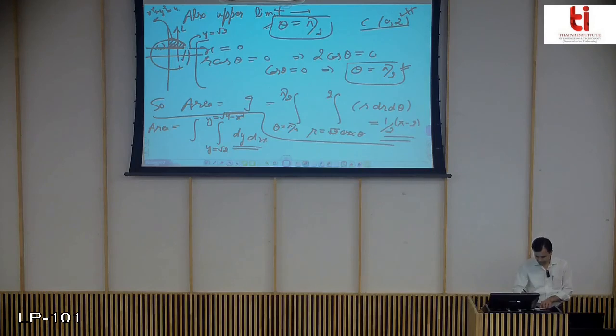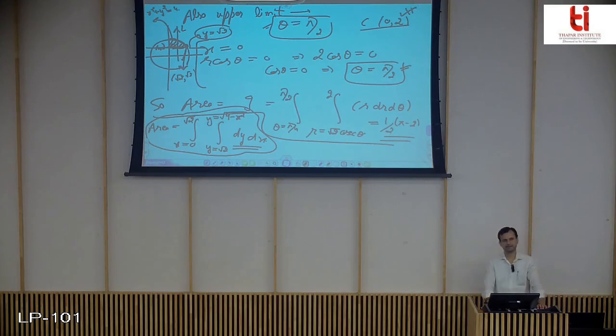So let me write it here. This point here, y is under root 2, and x was your under root 2. So x is 0 to under root 2. For the given point, we have the coordinates under root 2 as we have found in the earlier case. So this is the area if we have worked in Cartesian.